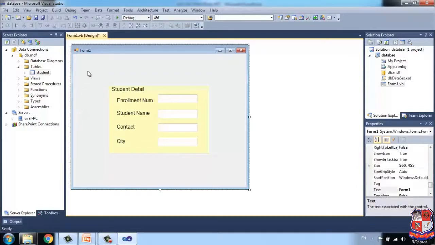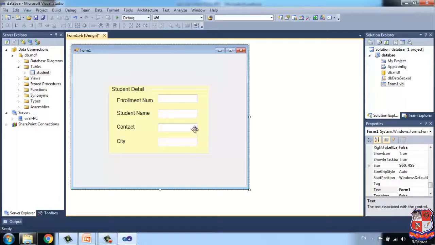The first component of ADO.NET is the connection class. We have to make a connection between the Windows form and this database. In other words, a connection between back end and front end. For that, the .NET Framework provides one technology called ADO.NET.